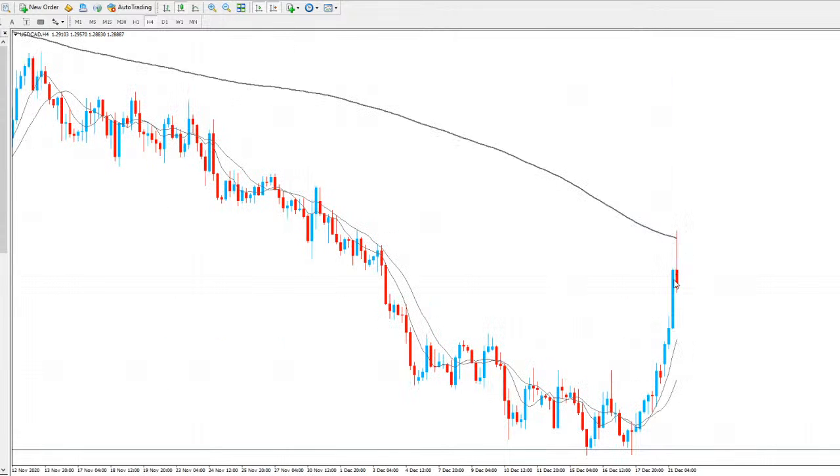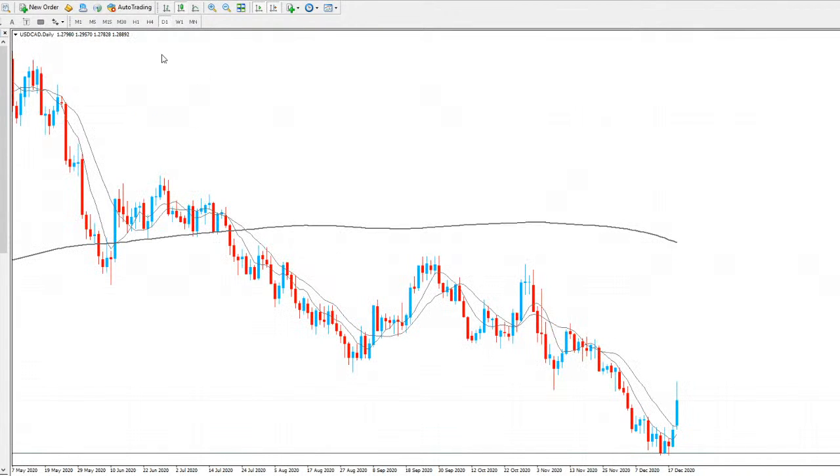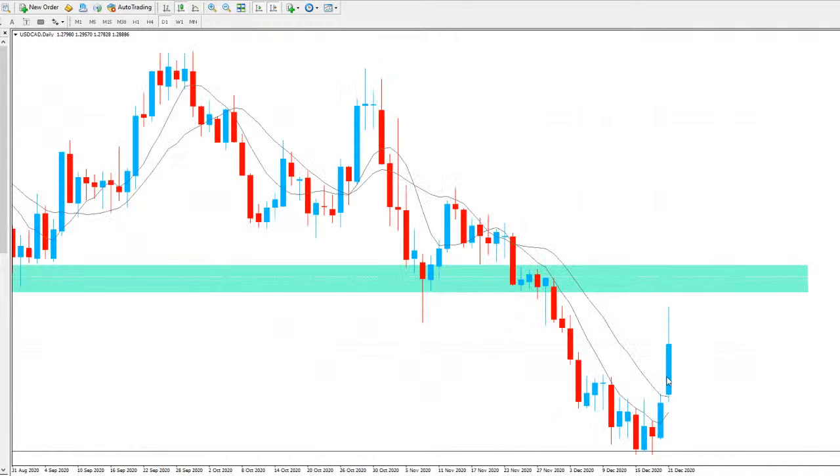USDCAD, big push to the upside. We actually went all the way to the 200 moving average on the 4-hourly chart. So again, that was a nice test of that area. I don't think we quite tested the daily support just yet. Potentially, well, we're quite close to it. So anyway, we did get a big push to the upside for USDCAD. Again, we're still expecting a test of this area of daily support, now turned daily resistance. We did get a big push, so potentially could see some retrace now for USDCAD.